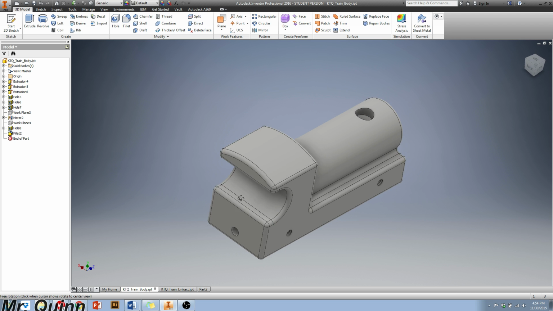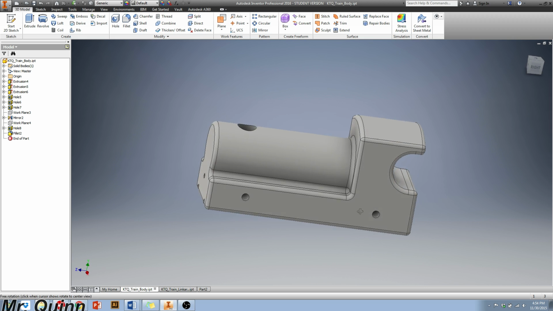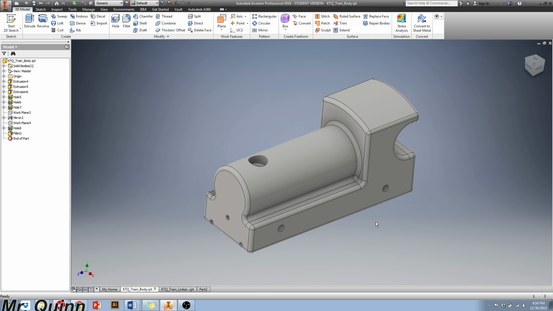Alrighty, so it looks pretty good here. Our train body is complete. I know it kind of looks like a lot, but hopefully, it's not too difficult when you kind of break it down into smaller sections. Alright,